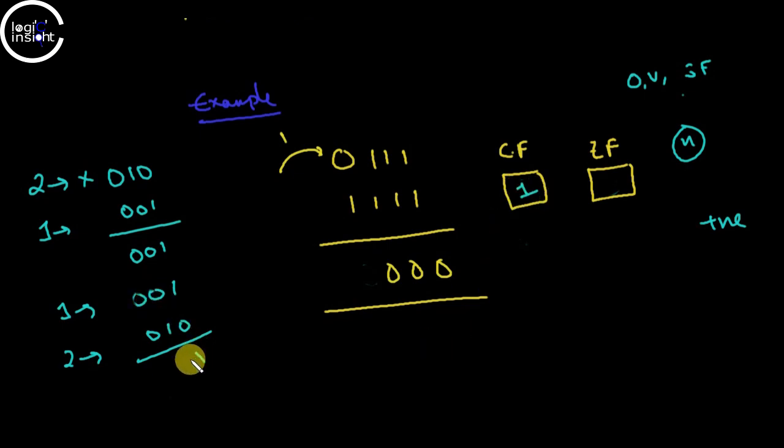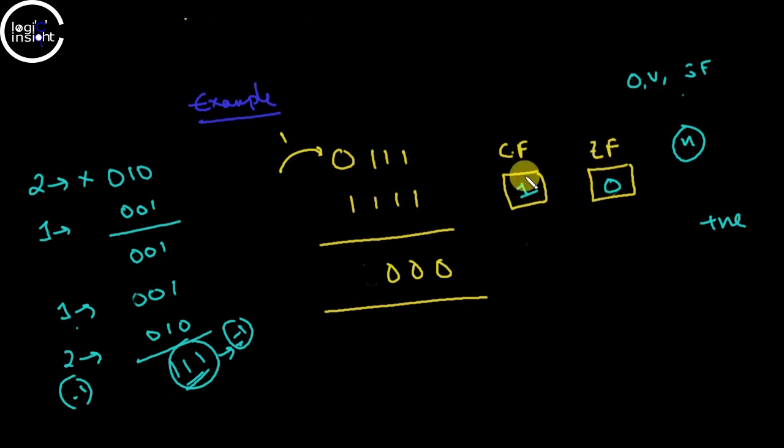1 minus 2 minus 1 is 1. Here also 1 will be there. 1 minus 0 will be 1. So all ones are there. All ones means minus 1. Okay, 2 1 minus 2 also minus 1. So we got here a negative number, right? What is the value of this? It's a 1, right? Neglect the sign, value is 1, so the zero flag will be 0.